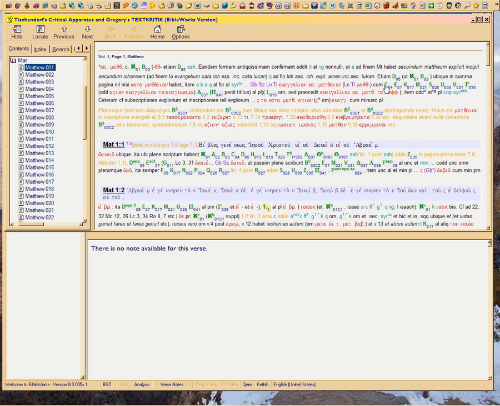And if you were to click on the names, you'd find out where it's located, what museum or whatever has it, and what's in it. And these are all their code names. Plus, Tischendorf wrote in the common Latin, which everybody used in the middle 1800s, and he wrote in German. So this so-called textual apparatus is a collection of: here's the text I'm using, and here are all these other texts that I know of, and here's how they differ from the one I'm using. That's what that is. But it's in Latin.